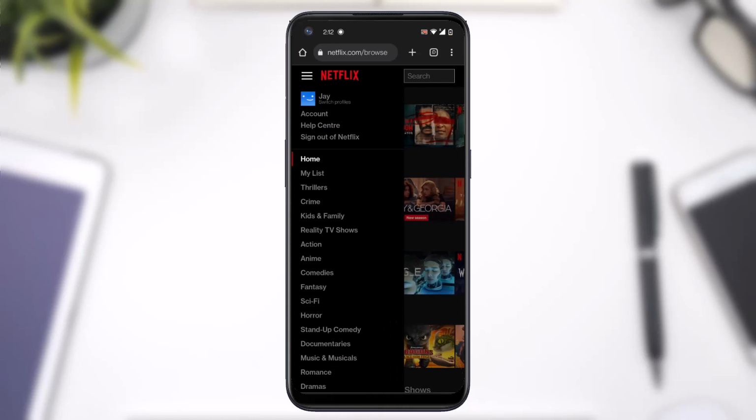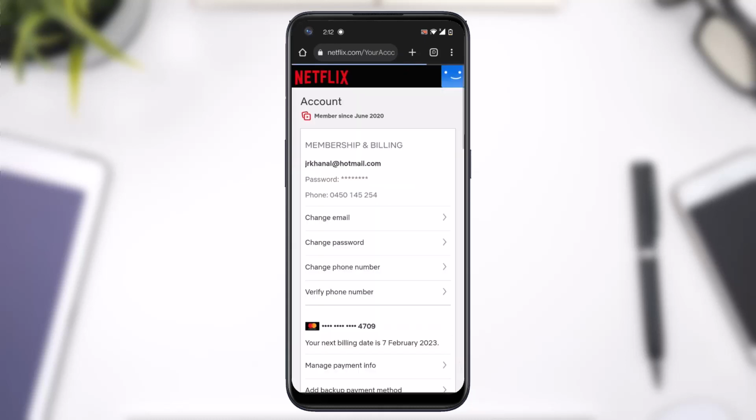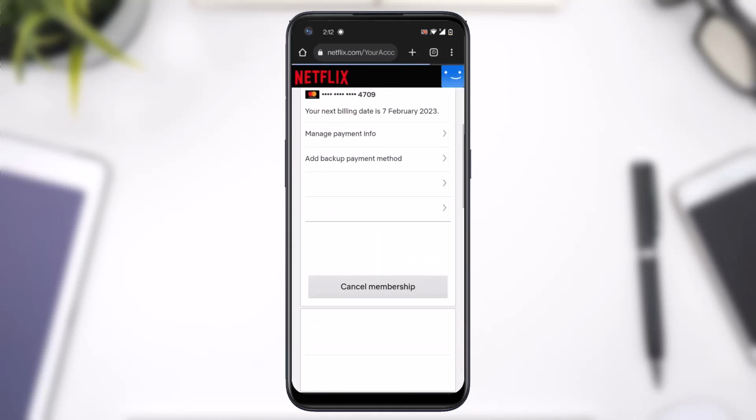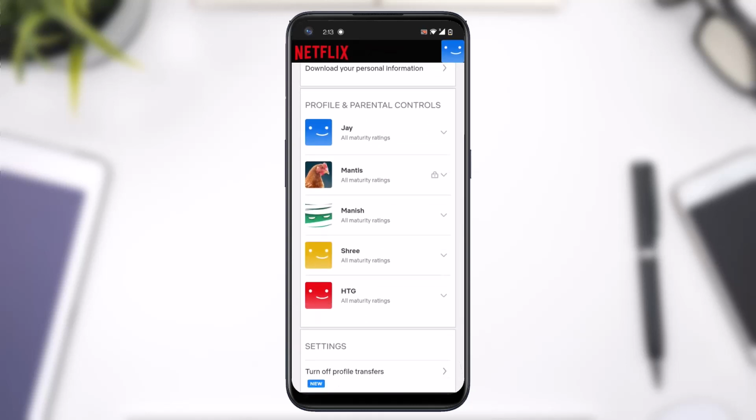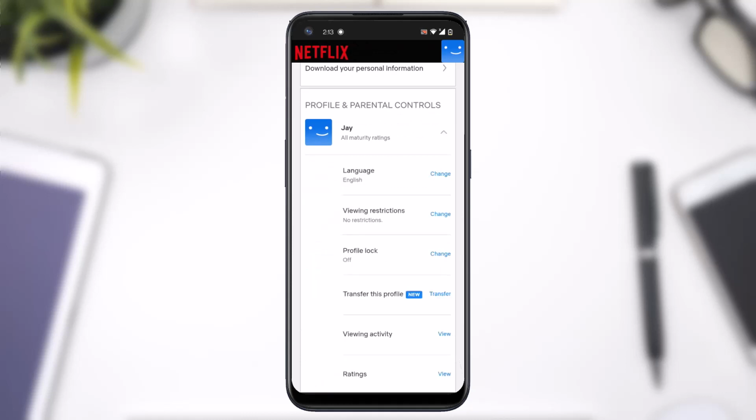After that, tap on the option account. Now you will be taken to the accounts page where you'll have to scroll down, and there under profile and parental controls you can see all of your different profiles of your Netflix account. So simply choose the one to which you want to change the language. So currently as you can see, the language is English, so simply tap on the option change,